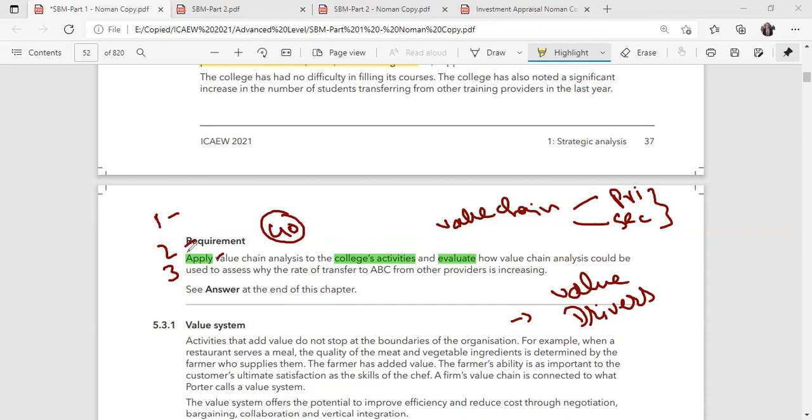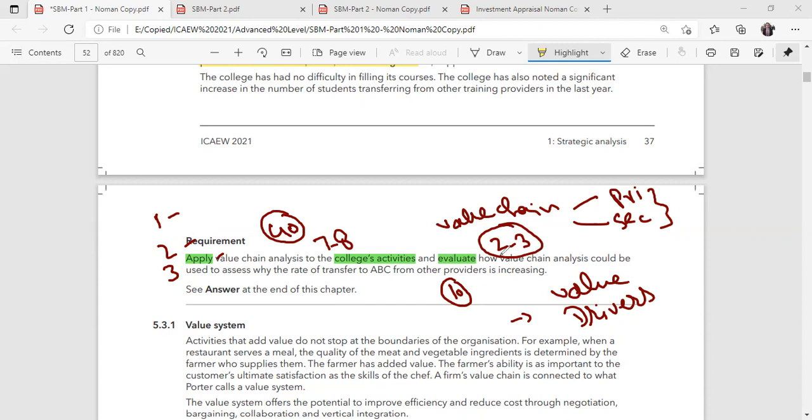You have to analyze this when you go through practice, past papers, and the question bank. You will have discussions, you will get an idea, and then you can see which requirement will contain how many marks. Let's say this requirement is for 10 marks. Then out of 10 marks, 7 to 8 marks would be for discussion of the value chain, primary and secondary activities, and a maximum of 2 to 3 marks would be for the remaining area. So most of your time should go to primary and secondary activities and a small discussion for your value drivers.